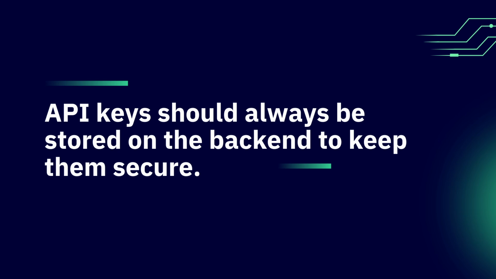In a real-world application, API keys should always be stored on the backend to keep them secure. Exposing them on the front end can lead to security risks, as anyone could access them. But for demonstration purposes, we will store them temporarily in our React project's environment file